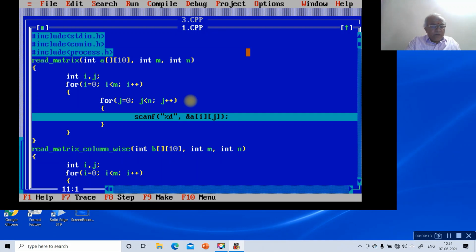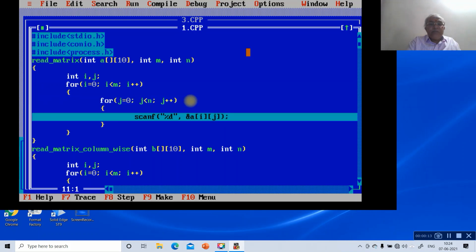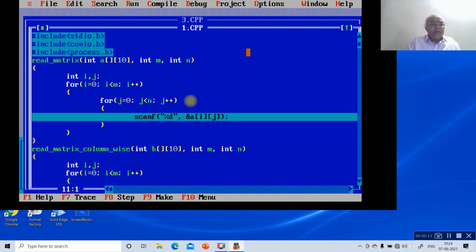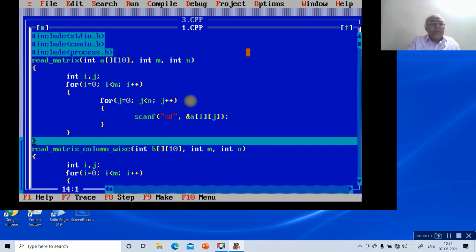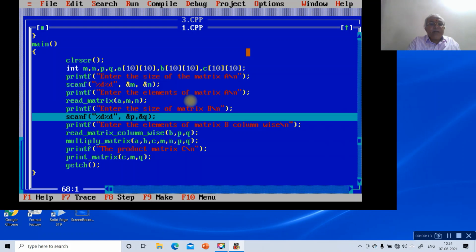Again function f7 reads that. Then it comes to 1. Is 1 less than 3? Yes. Then it will come to a[0][1]. That means the value 2 is entered and also 3 is entered. Then it goes to 4, 5 and 6. Now we go for this function. Enter. So read that. So it goes to f7. Now it will come out. Again it goes to the second matrix, so it goes for the reading of the second matrix.